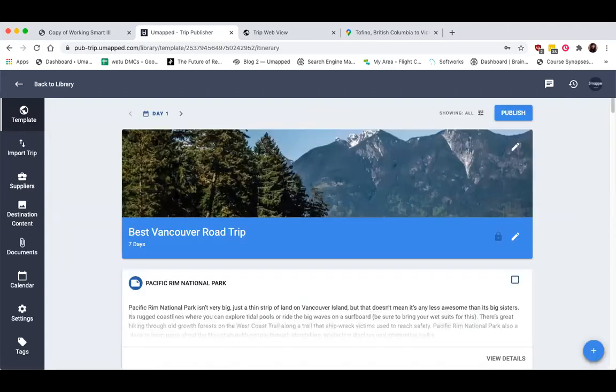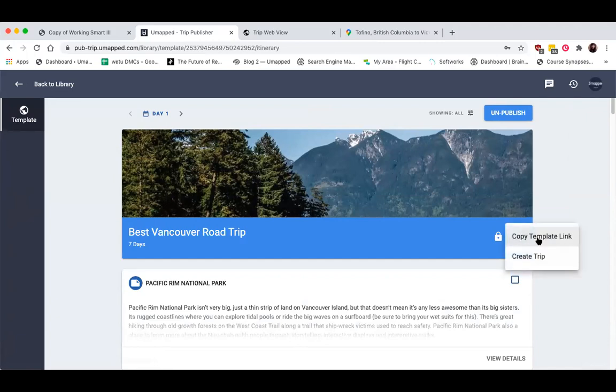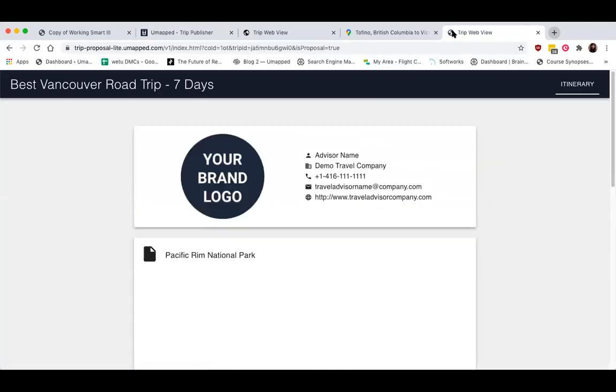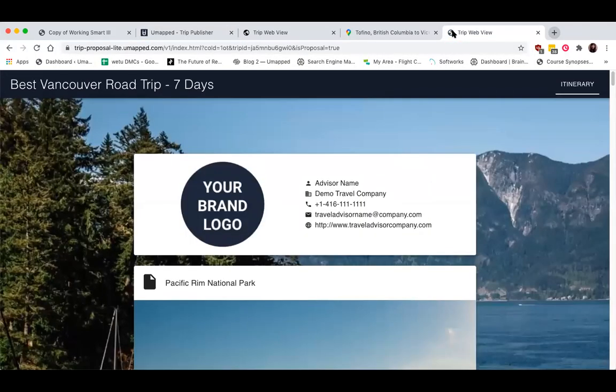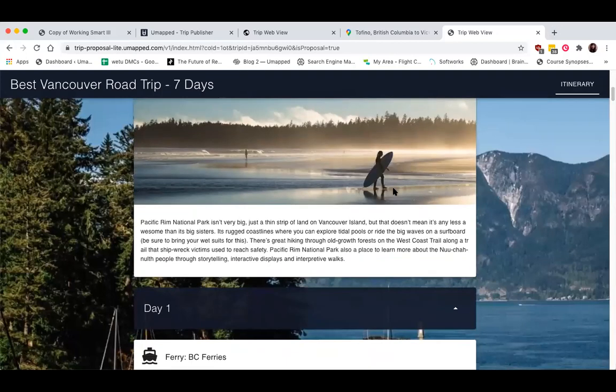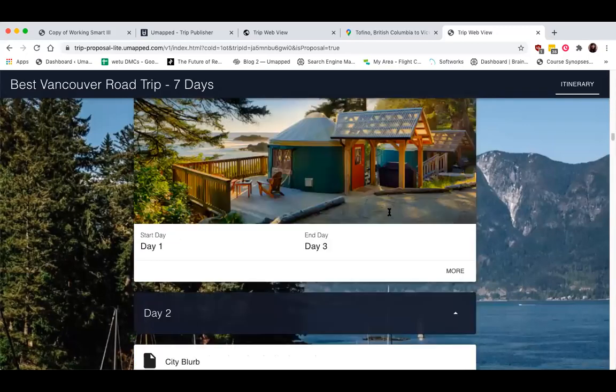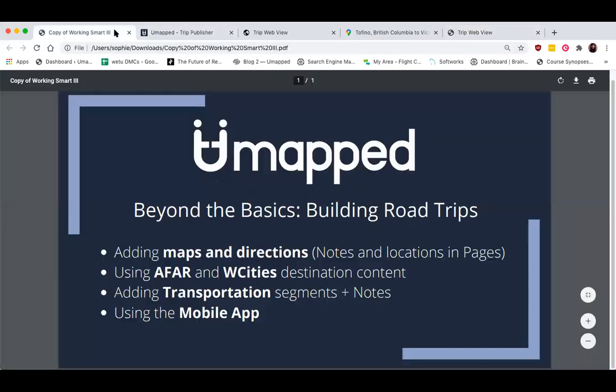It's ready to go. And you can even, if you'd like, publish it and click on the actions, the little options icon right here to the right of the template name and dates. And you can copy the template link and share this on a social media post or your website or wherever you want to give this idea of a model of a trip for future clients to look at. Okay, so now we've got through all of that.